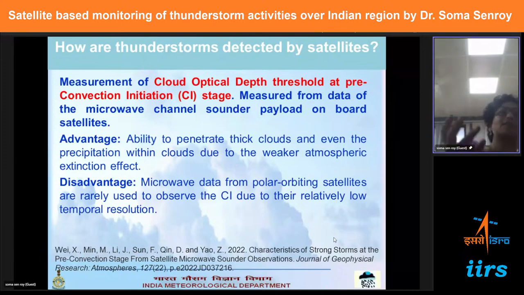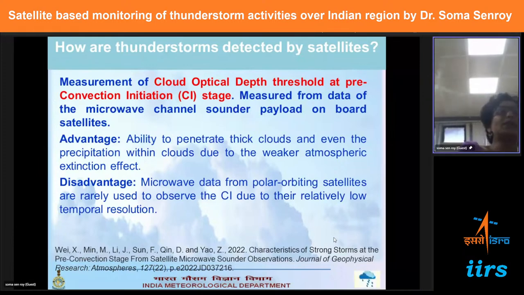The advantage is, naturally, it can penetrate through thick clouds. It can penetrate through cirrus, a big thing for us. And even the precipitation within a cloud, because of the weaker atmospheric extinction coefficient effect for the microwave channels. Disadvantages: